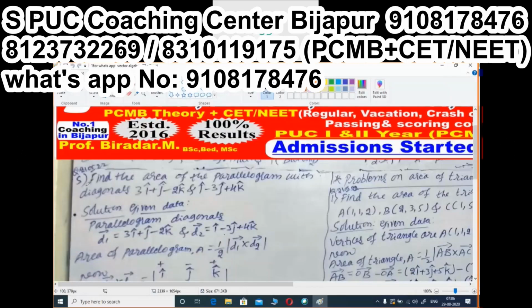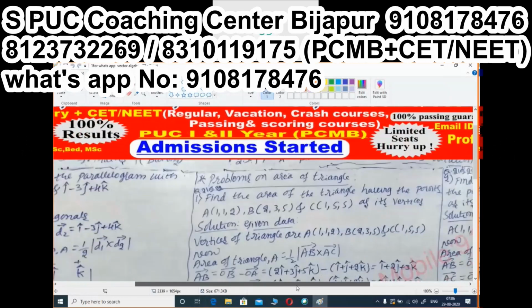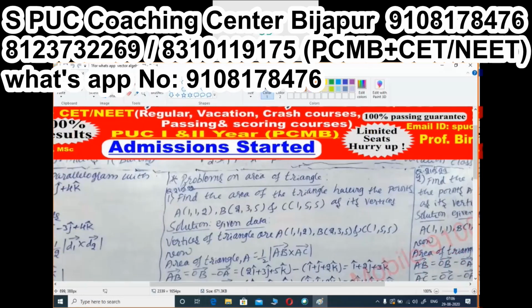We had discussed up to the fifth problem yesterday. So today we shall continue on that, that is problems on area of a triangle. Everybody note about the first problem concerned to the area of triangle. So usually you can write over there as question number 21 or 22.